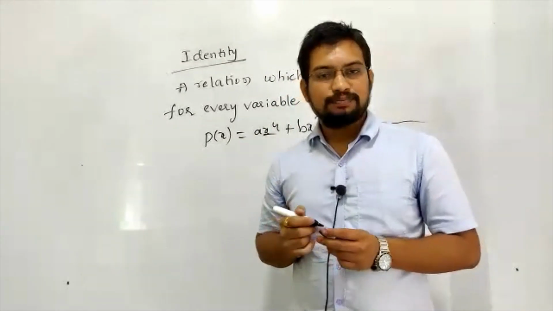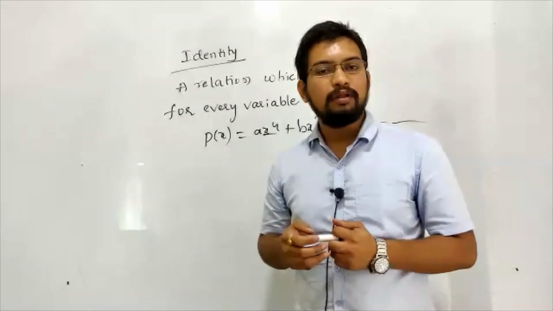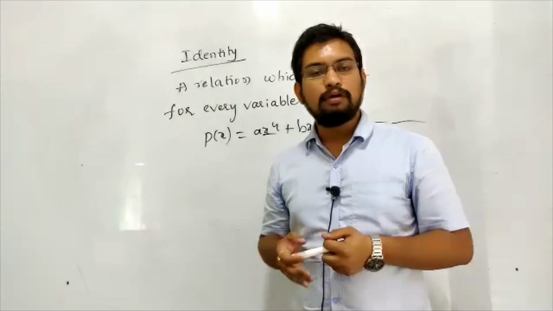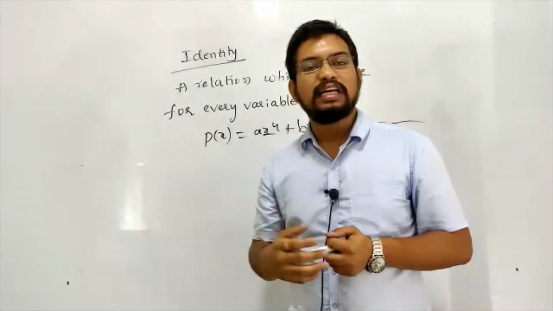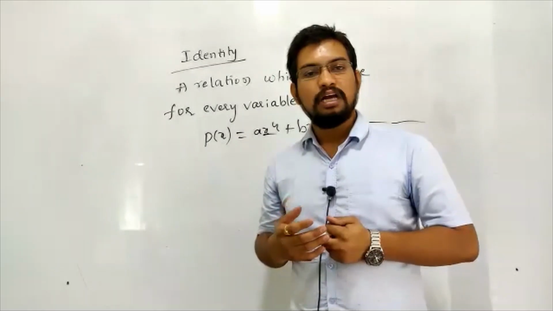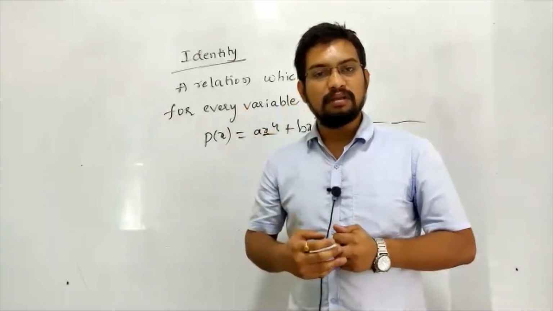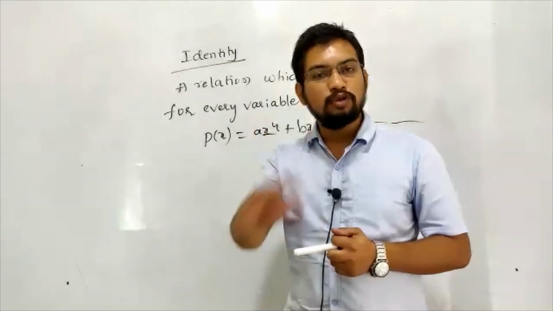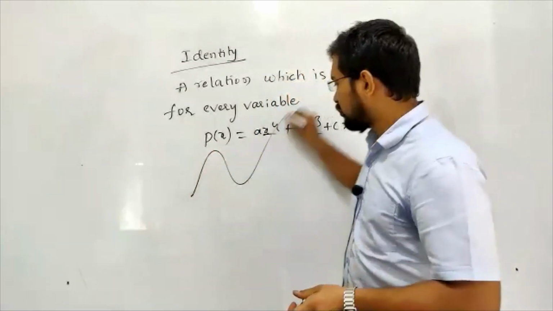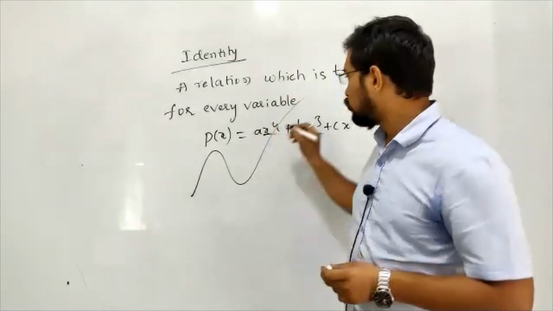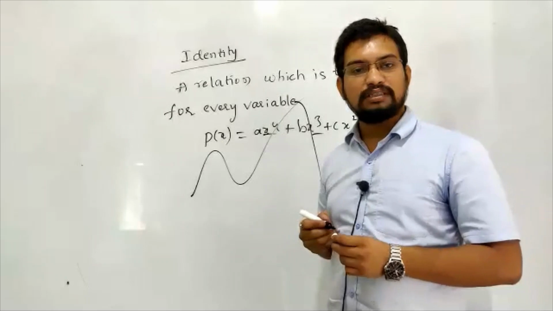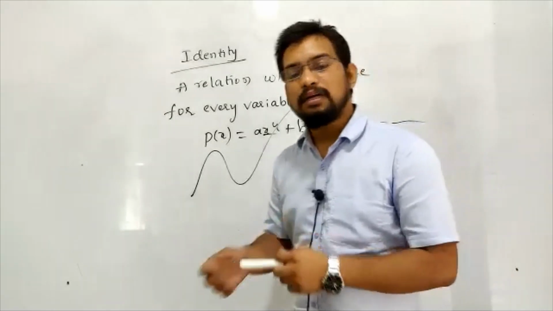Variable is x. X is something which is called a variable because you can substitute x is equal to 1, you can substitute x is equal to 2, x is equal to 3, and the polynomial is defined for all x belongs to R. So you can substitute all the values in the real number system. So this will be termed as a variable. Its value is not fixed. The graph will look something like this. Graph is also not fixed. Variable value is not fixed. So that x value will be termed as a variable.